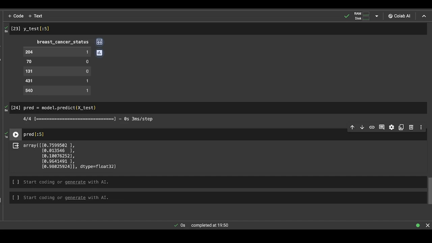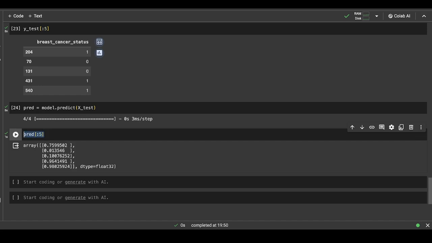But as we are using the sigmoid function, we need to explicitly convert these values into either 0 or 1 depending upon a provided threshold, and let us provide the threshold of 0.5, which means any value greater than 0.5 would be considered as 1 and any value lower than 0.5 would be considered as 0.